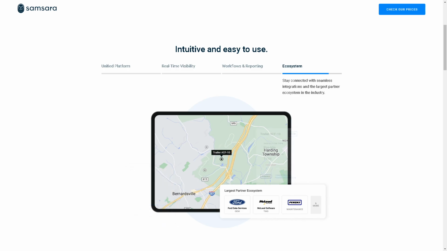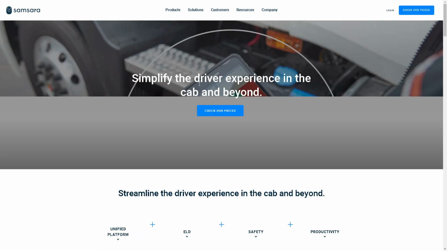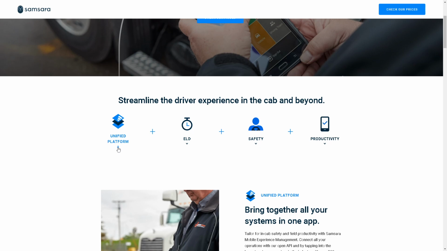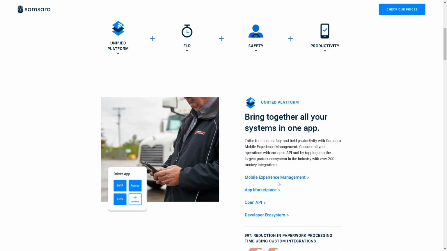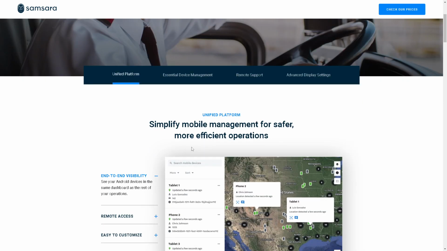Now, when you go again to the products, when you click on apps and driver workflows, you would be able to see the prices, but here you can streamline the driver experience in the cab and beyond, because again, you have a unified platform plus an ELD, safety and productivity. You can bring together all your systems in one app. Now, they offer mobile experience management,